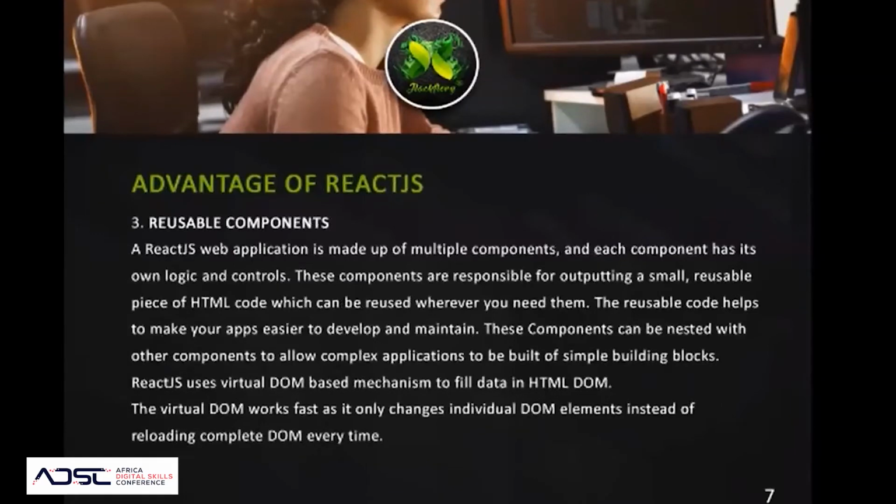React.js uses something we call the virtual DOM, which works fast and changes the individual DOM elements instead of reloading the complete DOM every time. The reason why I am saying this is because I'm presuming you are all not immature,